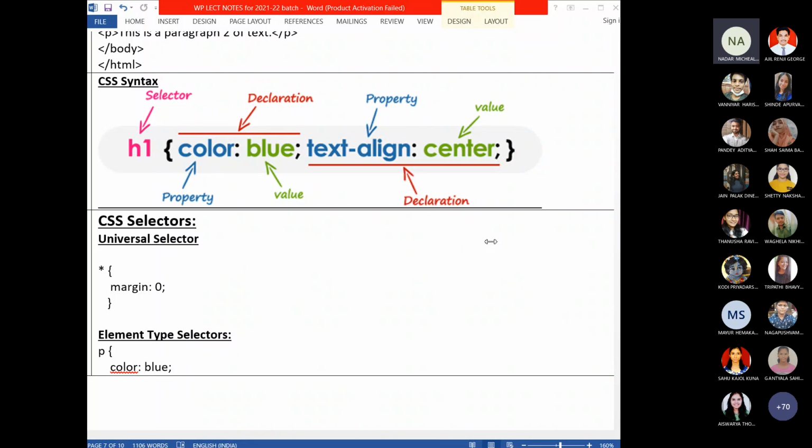Can you explain the difference between inline and internal styles? In inline, we write the code inside the tag itself, the element itself. And in internal, we write the code in the head tag.